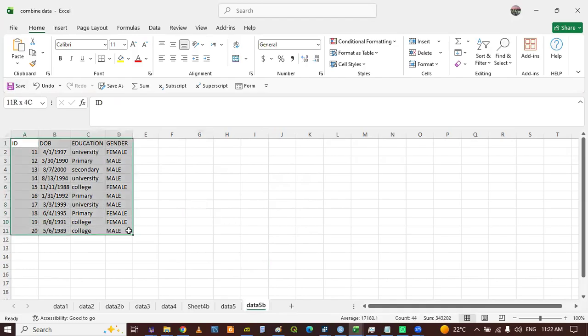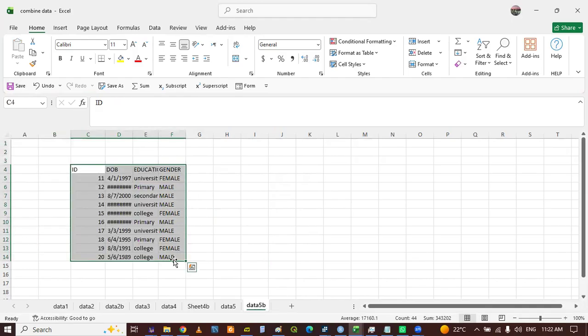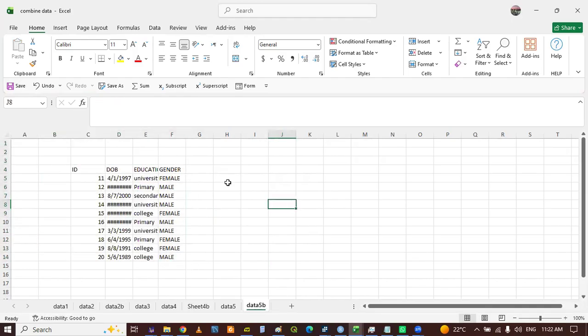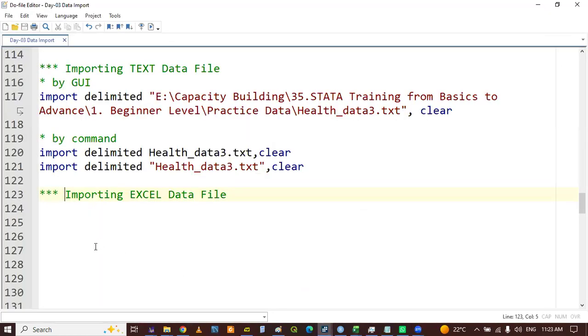And I want to move this to somewhere there. Example, explain that one also. So it may happen. So here, to import Excel file,